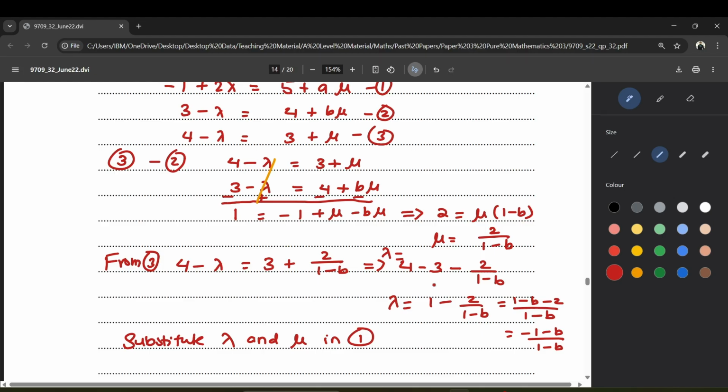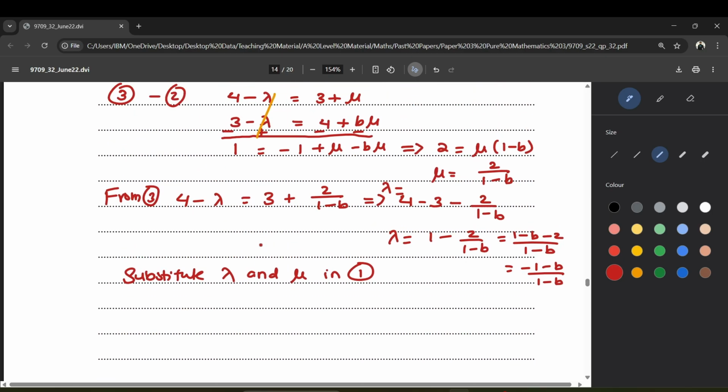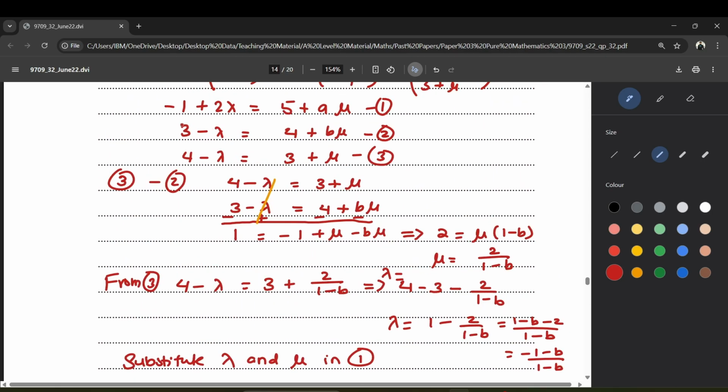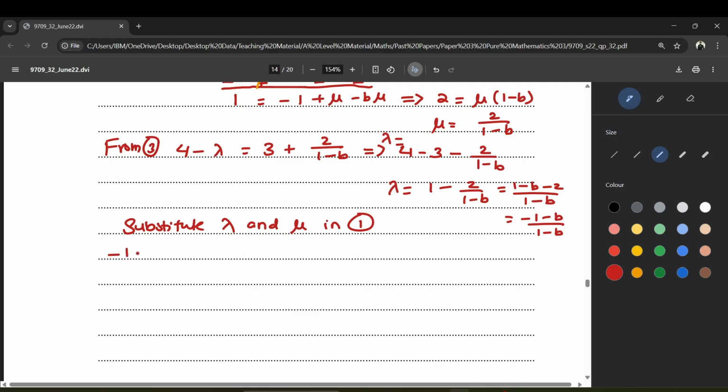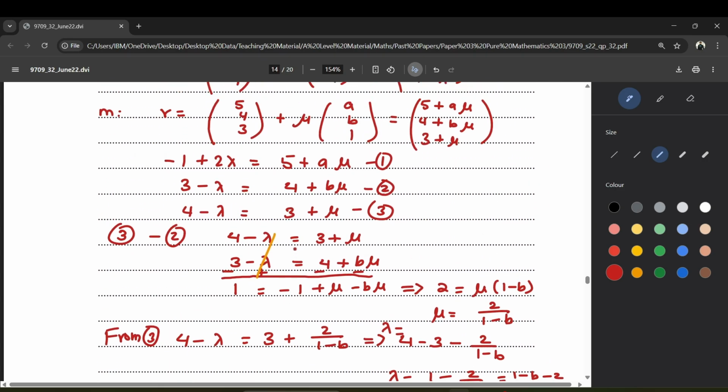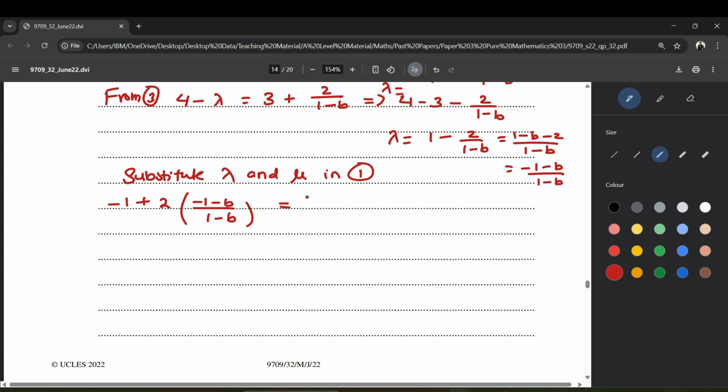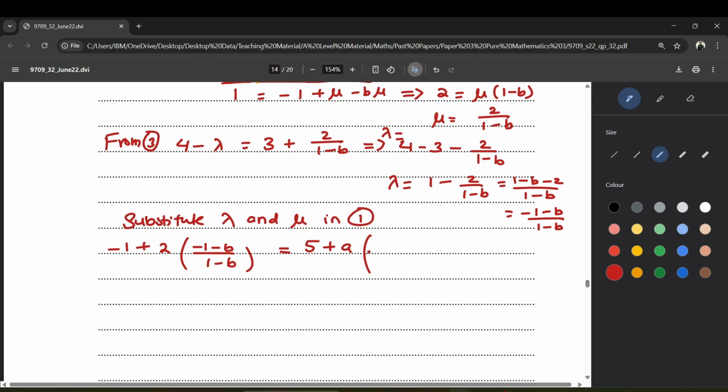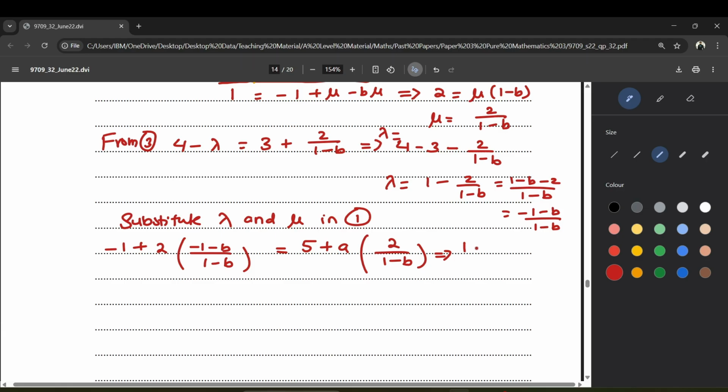Okay, so what we can do here is, first of all, our expression: we have minus 1 plus 2 lambda. So I'm going to write minus 1 plus 2, and instead of lambda, I'm going to write minus 1 minus b over 1 minus b, equals 5 plus a mu. So 5 plus a times mu. Mu was 2 over 1 minus b. Okay, if I simplify it,